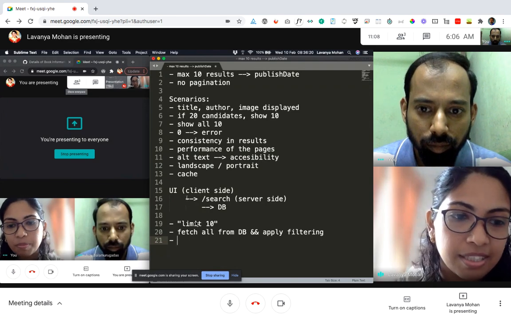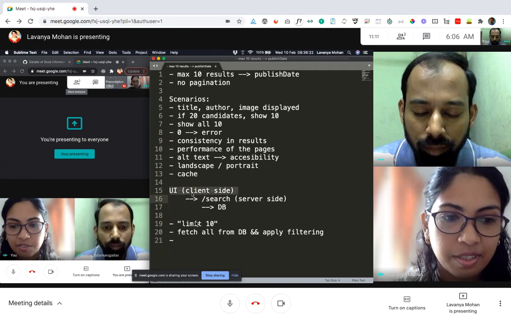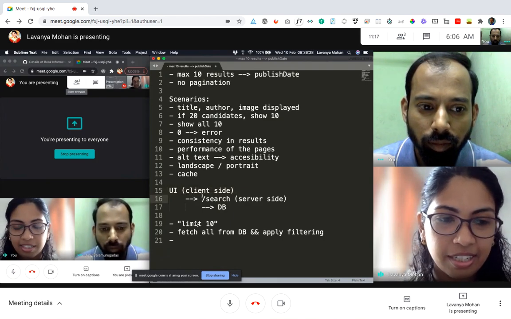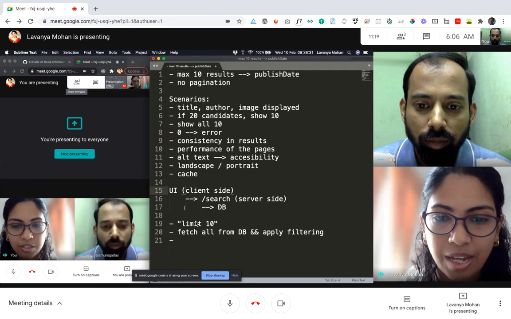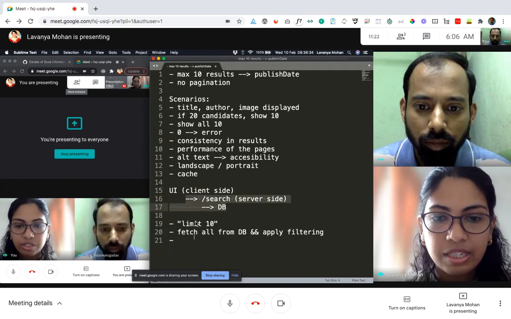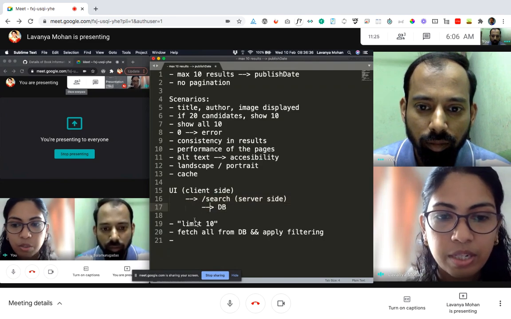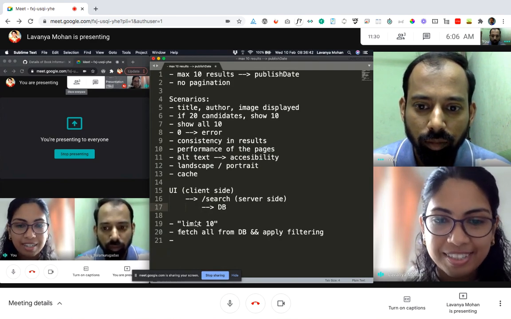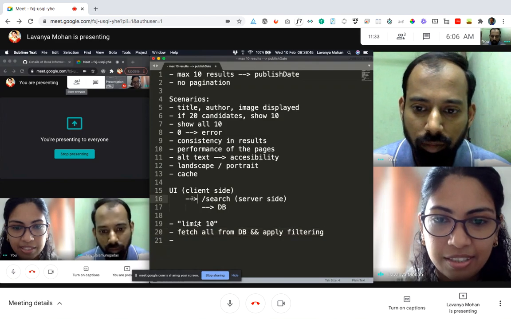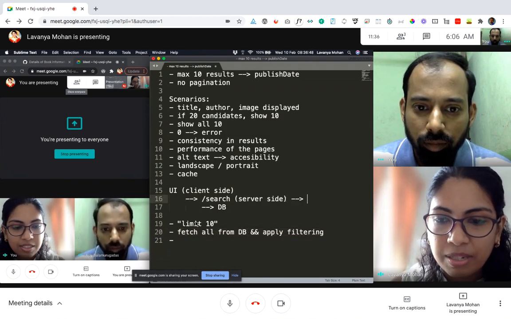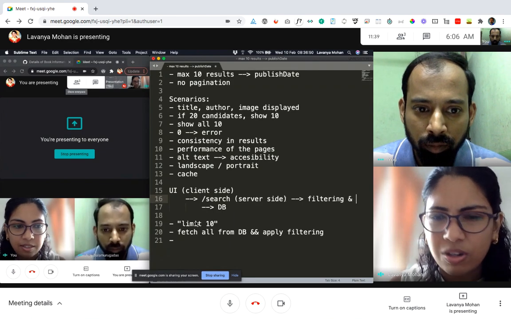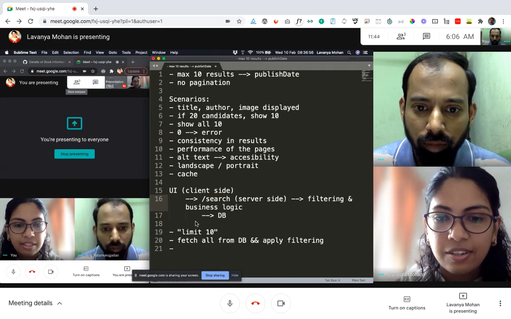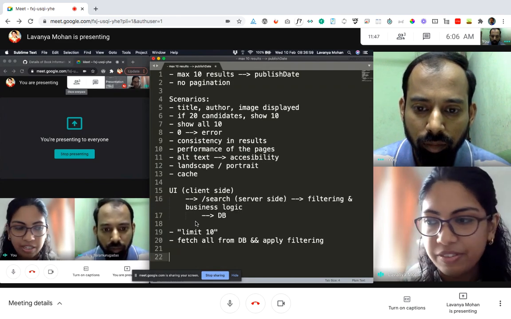So basically, the API just returns everything, and then the client side does the filtering. Now, most people don't do this because it is unnecessary data consumption and it's probably slow. So mostly it would happen in one of these places. I think in most cases people prefer to have it as a DB query because the database is optimized for these kinds of things. But for this example, let's just assume that it is happening here at the server side. Okay, so this is the place where the filtering logic is happening, and all other business logic, if there is anything, will also be present here. Okay, so this is what we have till now.